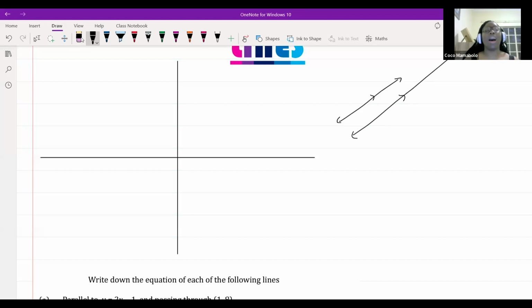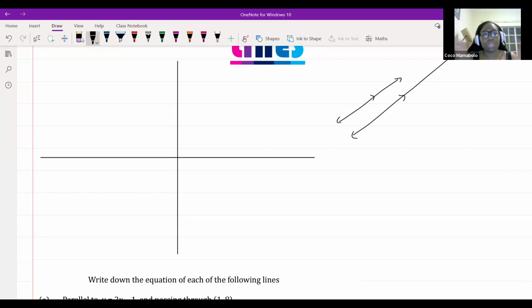Okay, what do we know? Aha, that's it. Correct. Parallel lines will never ever actually cross each other, right? They will always be the same distance apart, which means they will never cross, right? Like an athletic track, you will never find those two lines crossing each other